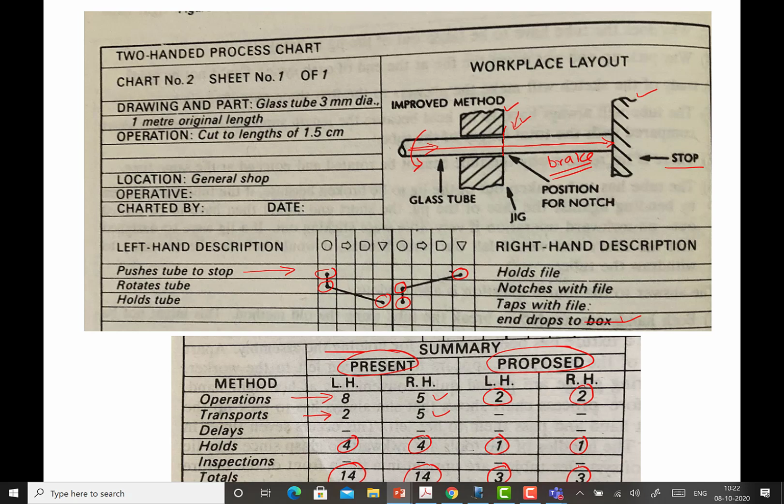There has been drastic reduction, and likewise no filling and dropping of the file is needed in every cycle. So the process is fastened, and the efforts are reduced. The entire job of cutting the glass tube, which was earlier 30-40 seconds, now can be like 15 or 20 seconds. So there can be drastic reduction. If we have the time scale, the productivity improvement in terms of time also can be quantified.